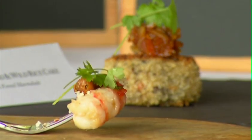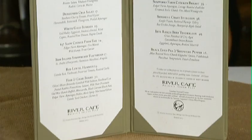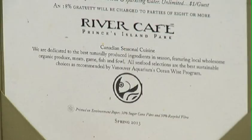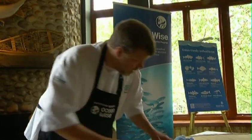Work with businesses to help them identify and source the most sustainable seafood options available. And then our partners in turn highlight those best choices with the OceanWise logo directly on their menus or in their display cases, making it that much easier for us as everyday consumers. The OceanWise classification is based on two categories: sustainable or unsustainable, and simply a good or bad choice for our